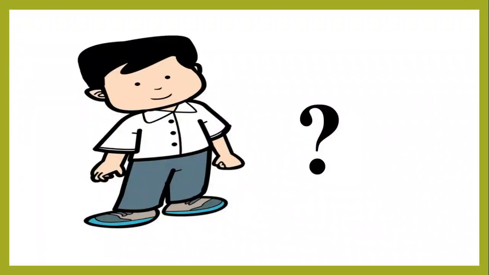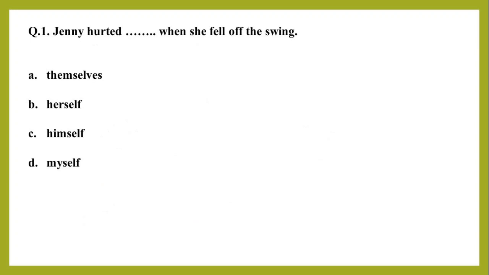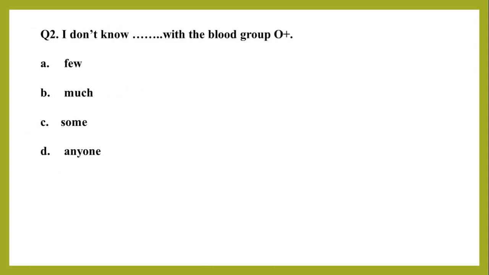Now students, let's see what we have learned from the content. Question number 1 is, Jenny hurt dash when she fell off the swing. Now students, you have to fill in the suitable word given in the options below. The options are themselves, herself, himself or myself. Correct option is herself. Next is, I don't know dash with the blood group O positive. Now options are few, much, some or anyone. Correct option is